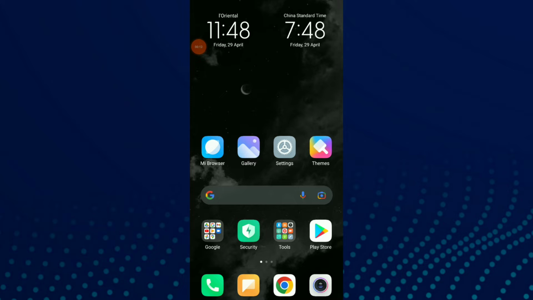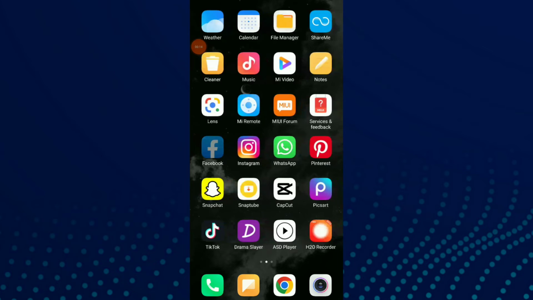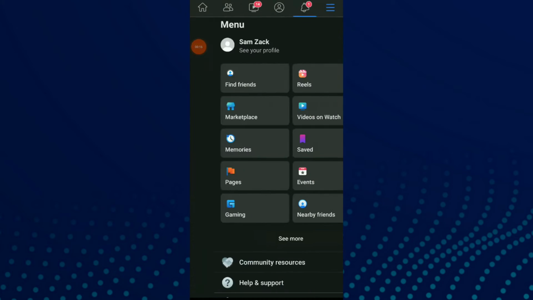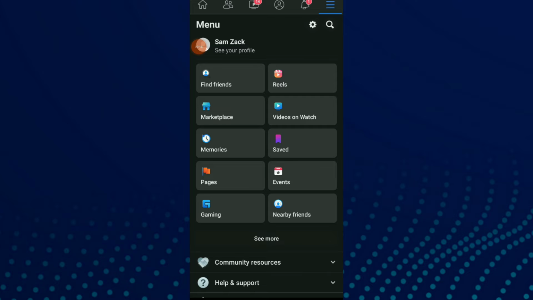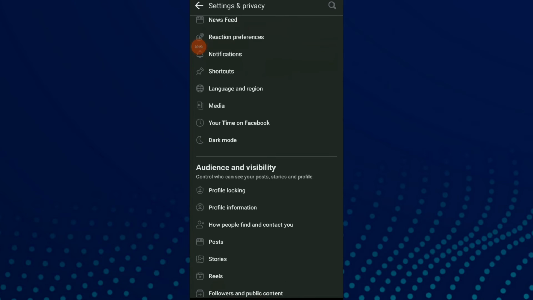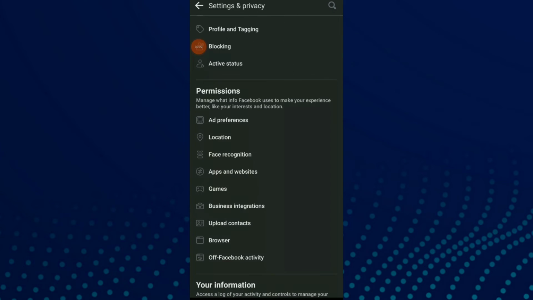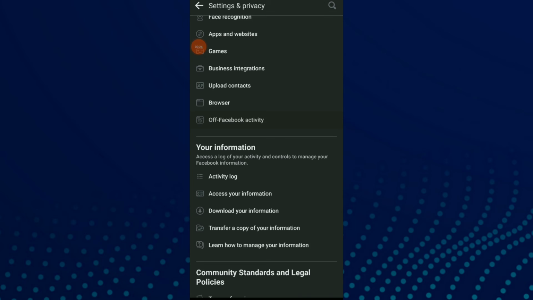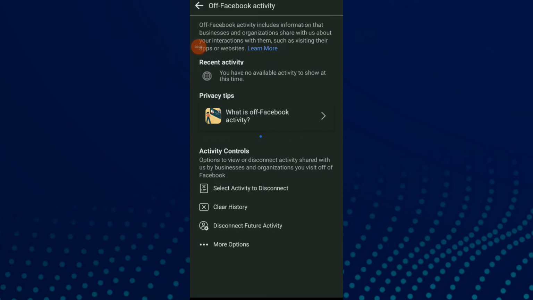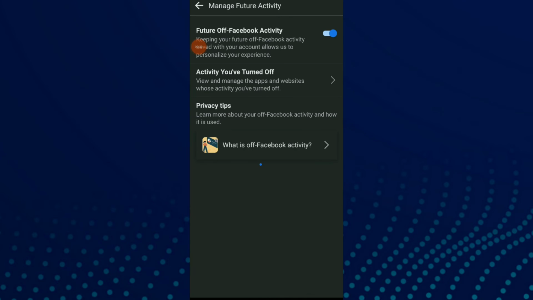First thing, go to your Facebook app, click on those three lines up there, click on the settings icon beside the search icon, and here scroll down and you're gonna find Off-Facebook Activity. Now all you need to do is click on Disconnect Future Activity and you're gonna find activity you have turned off. To view and manage the apps and websites whose activity you have turned off, click on it